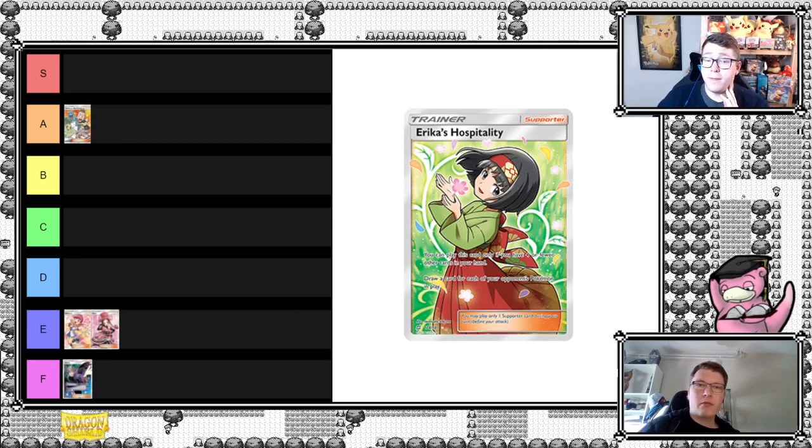So people often would use Erica's Hospitality 2-3 copies, because a lot of the time, especially in the case of decks like Zoroark GX, Zapdos Jirachi, they'd fill their bench up quite quickly, and then you'd still get a reasonable amount of cards from it, and then keep them in your hand. I think there was one or two decks in particular that I can't remember off the top of my head, because this was like 2 years ago now, but there was one or two decks in particular that